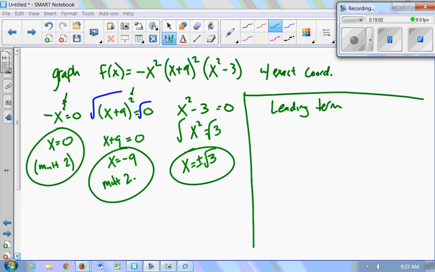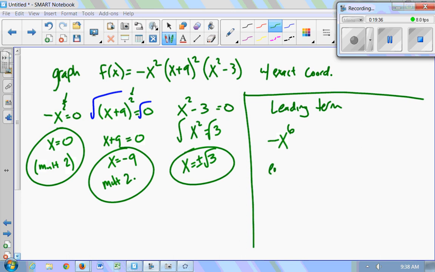If I were to multiply that all out, what would the highest power of x be? I would have an x squared, yeah. Because x plus 9 times x plus 9, you FOIL, you have an x times x, you're going to get an x squared. Okay, so x squared. If I multiply that by x squared, I get x to the 4th. And I have a negative, so it's a negative x to the 4th. And then if I multiply that by this x squared, I'm going to get a negative x to the 6th. So my leading term is going to be negative x to the 6th without having to do all the multiplication,